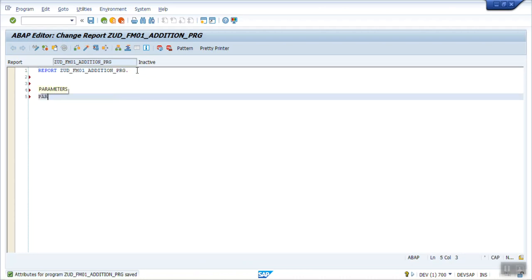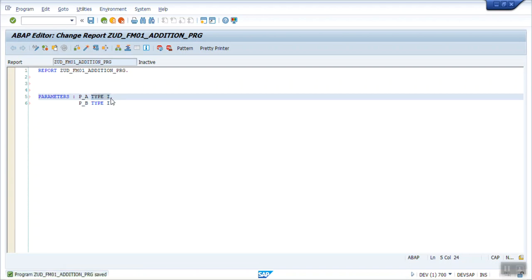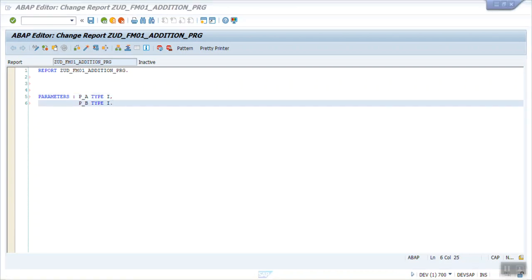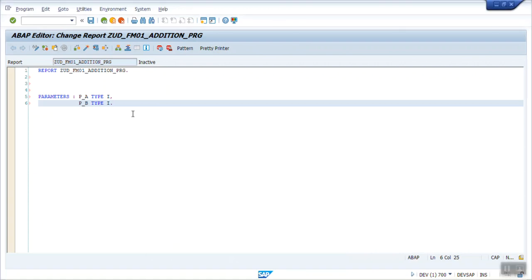Now here I will declare two parameters. Let's say P_A as type I and P_B type I. The type of the variable should match the data element which we have used in the function module, otherwise it gives a dump error. Okay, so those are the selection screen parameters.